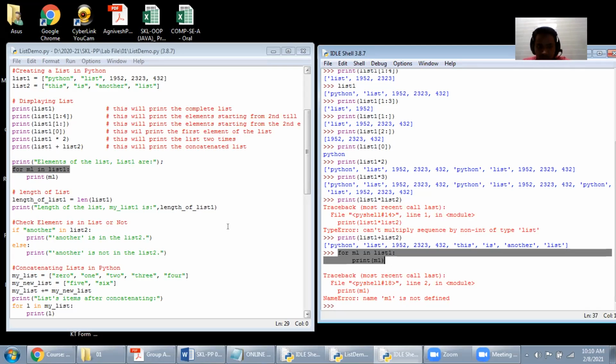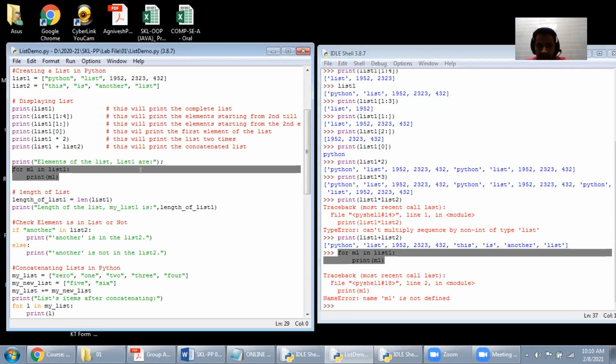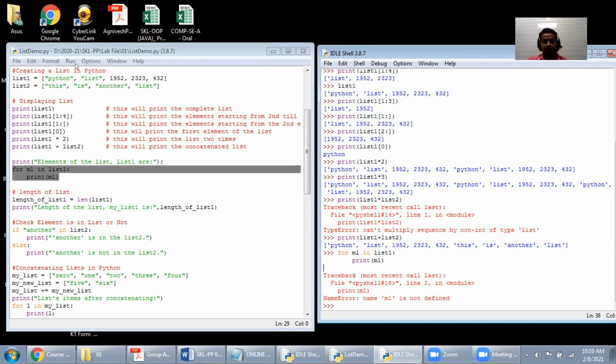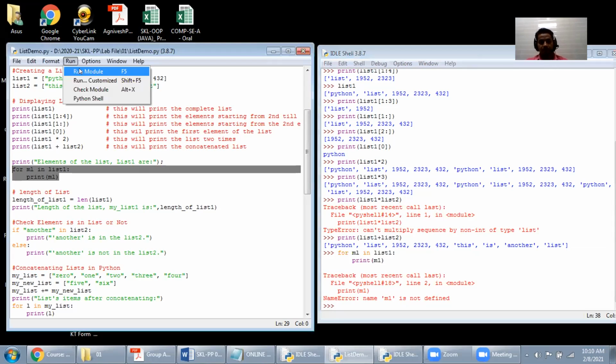So here you can see, once it is defined in the program, print the element of the list, then we are using for m1 in list 1. We have defined it in this way, and then it will display all the elements which are available. For example, if you run it here, you can check at this point. It will show you the entire output of the program.